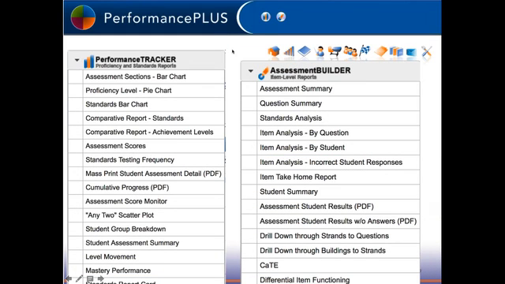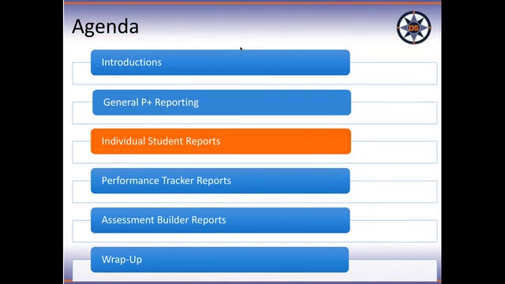I've just enlarged these here, and I'll use these larger versions so we can actually read which reports I'm choosing when I get there. So first I'm going to show you some information about individual student reports. And this time of year, it's kind of handy to have that if everybody's got new classes and you can get some reports on your students.